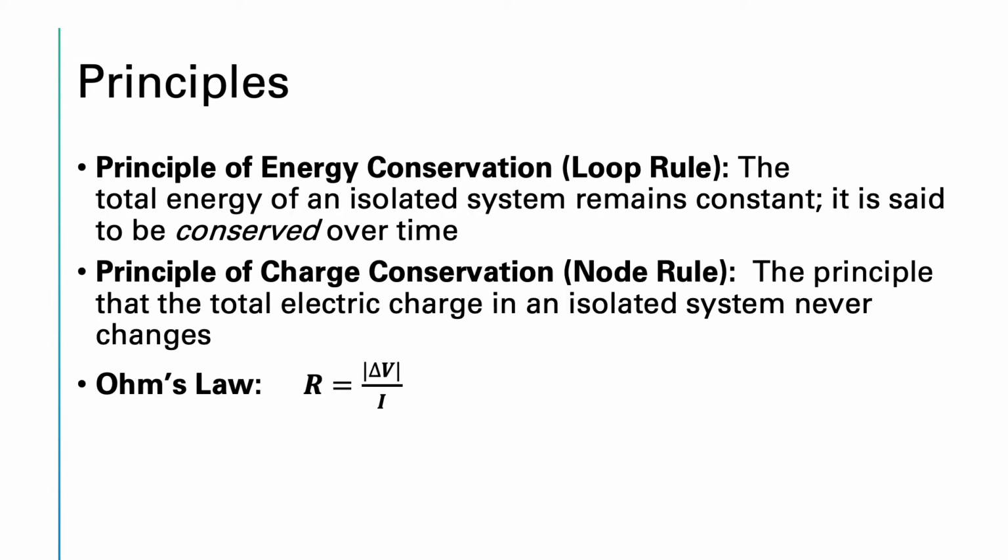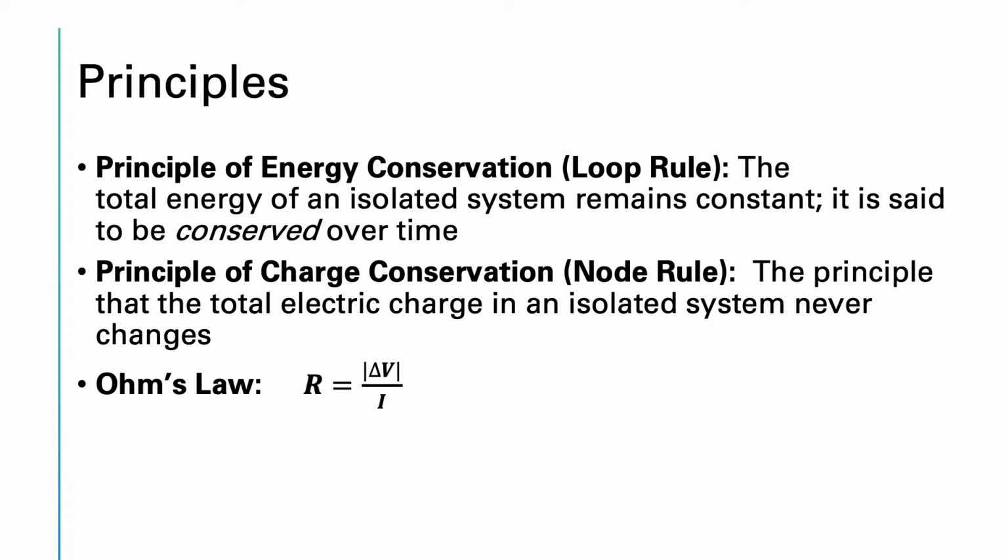So to complete this experiment, we had to use a couple of different principles, the first one being the principle of energy conservation, or the loop rule. This says that the total energy of an isolated system remains constant. We also use the principle of charge conservation, or the node rule. This is the principle that says the total electric charge in an isolated system never changes. We'll see more examples of equations of these principles later on in the video. And then finally, we use Ohm's law, which says that resistance is equal to the magnitude of potential difference over